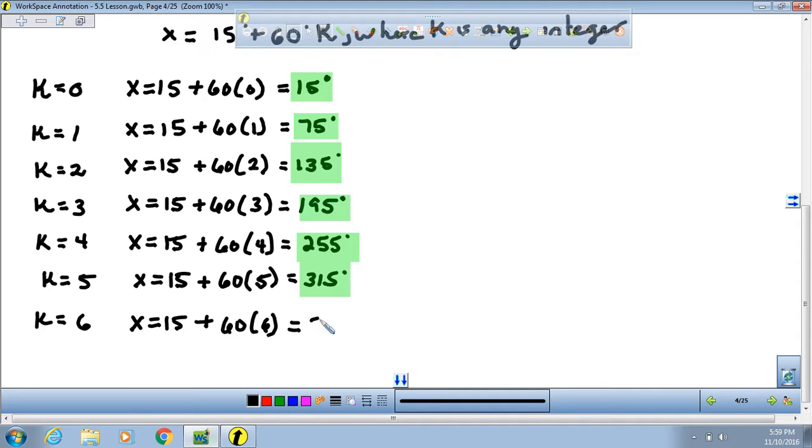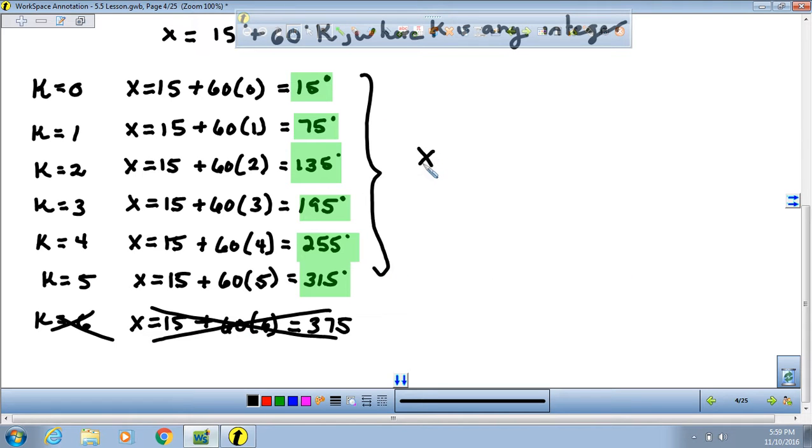360 plus 15, 375. So this one goes over. So this is no longer a solution in the range that we wanted. So all my solutions for x in this equation would be 15 degrees, 75 degrees,